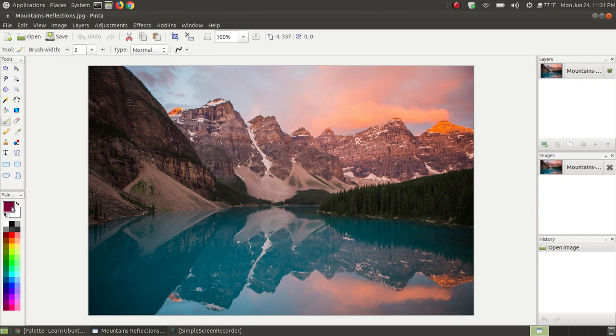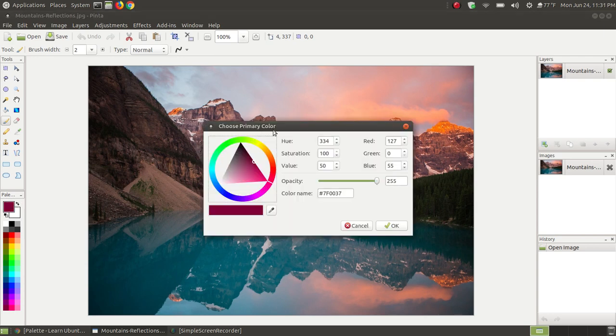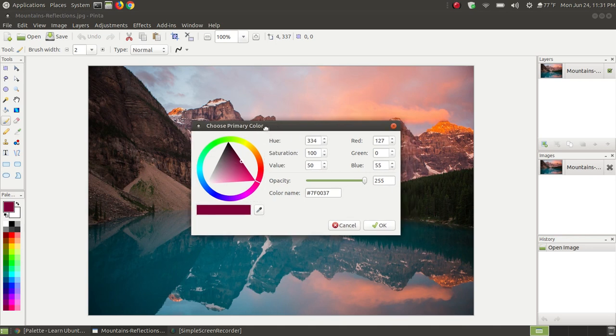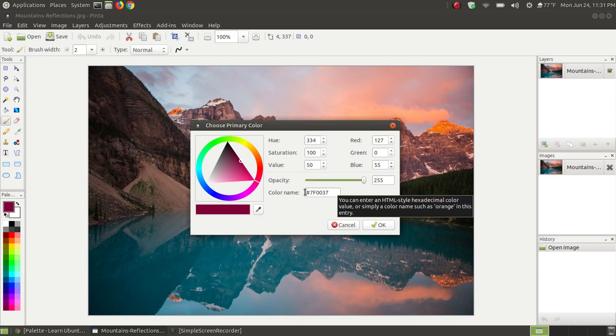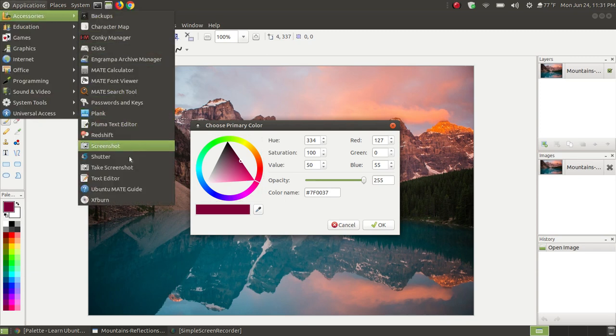Now when I click onto the primary color, it will bring up a Choose Primary Color dialog box. This is the hue, this is the saturation, and this is the value that we want to replace, which is that color here. Now, here's the color as an example, and there is the color name. Now, before I actually click on the eyedropper and select to replace that color, I need to know what value we are replacing. So what I'm going to do, I'm going to go to my accessories,